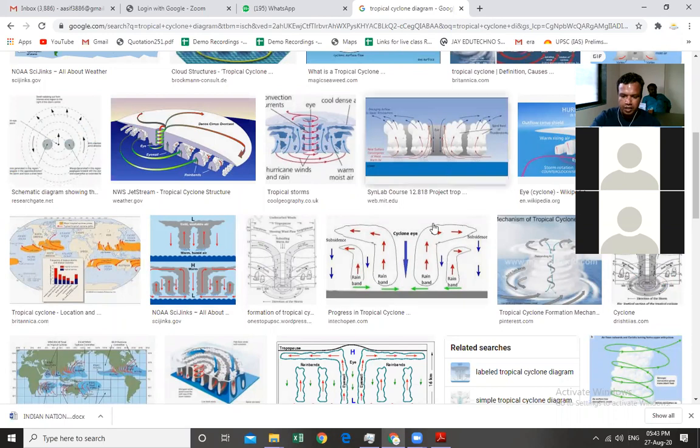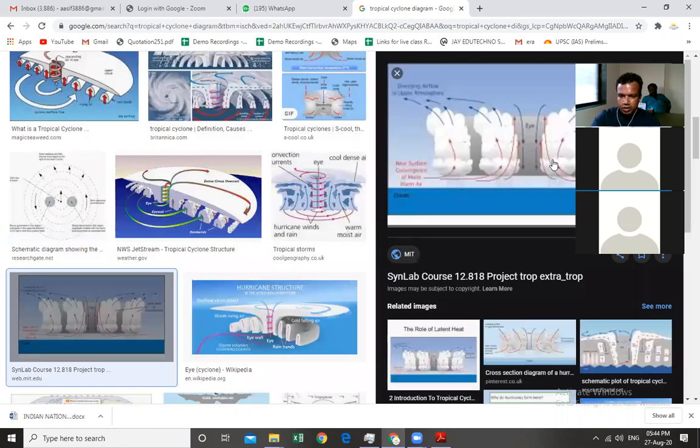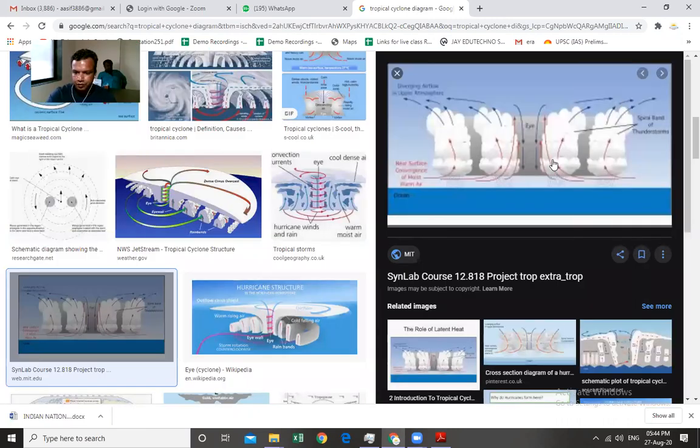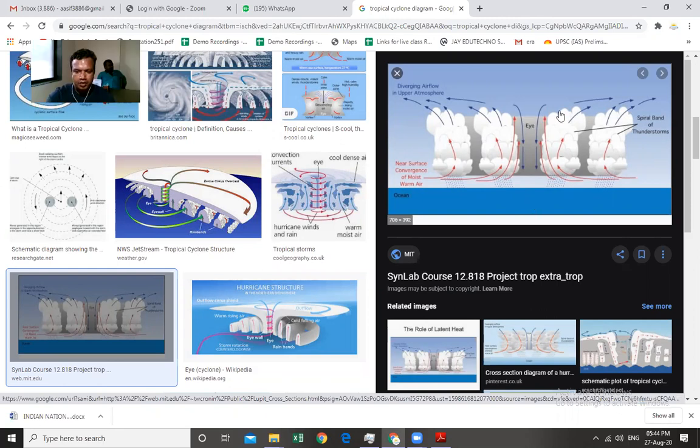Now here also you can see in the tropical cyclones such a situation is there. Okay, can you all see the image now? Is it visible to all of you? Yes. Now here you can see in the tropical region, between 23.5 north and 23.5 south, there is the formation of tropical cyclones on the ocean. In such a situation, the wind is blowing from the surrounding region, it converges at the center, and it moves upwards. It moves upwards and there is circular motion.